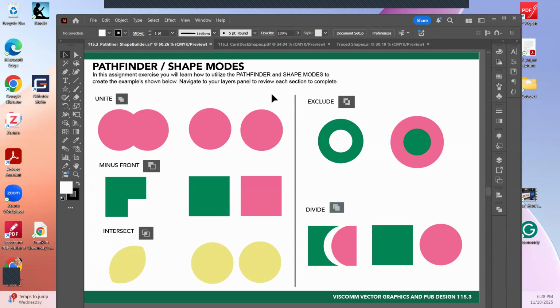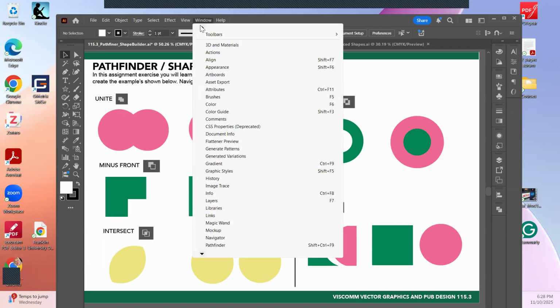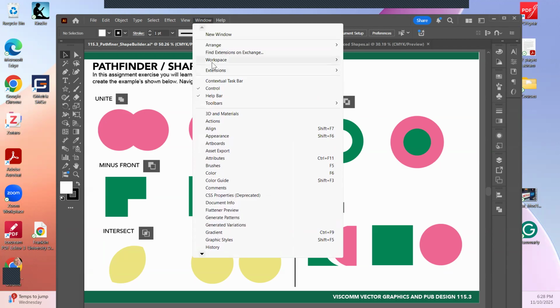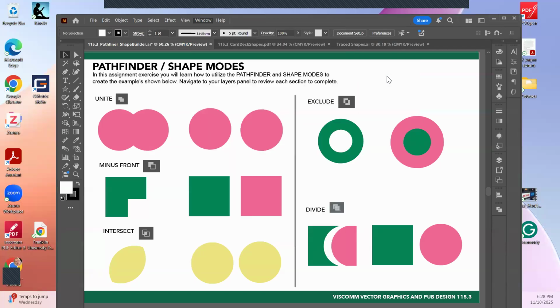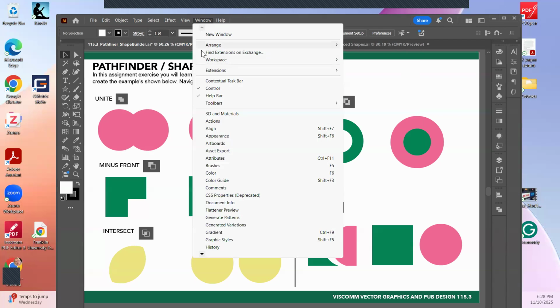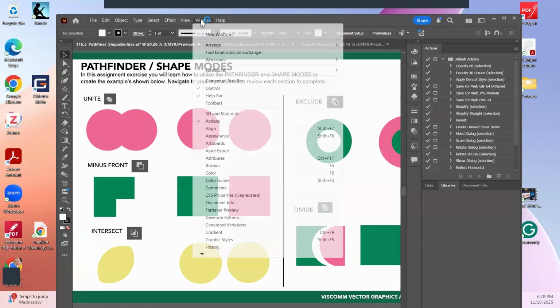In a future class, I will show you how to create your own settings. So right now, where I keep telling you at the very beginning to go under the workspace and do Essentials Classic, that's just so that we're starting out all in the same place. I don't think the Pathfinder is a default on that. So if I click on that again, or if I click on a different one, I think it might go away. Let me go to Automation, and then let me go back to,